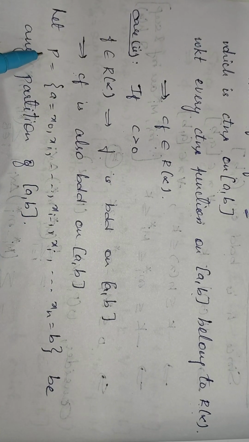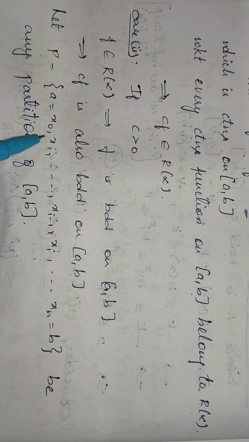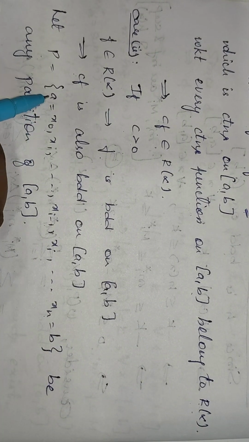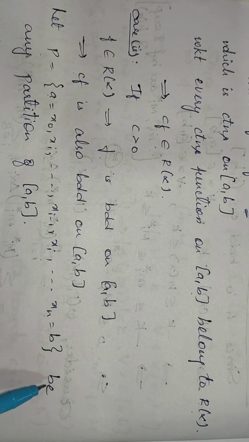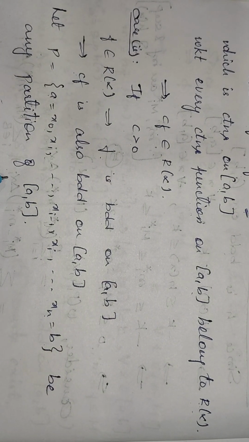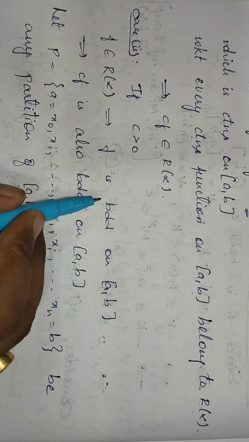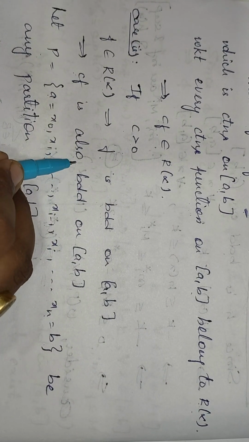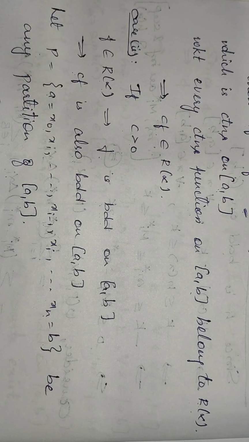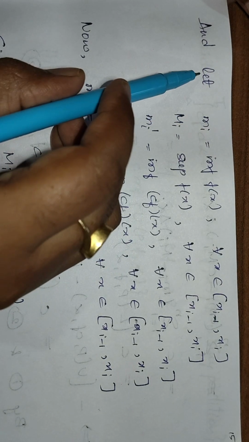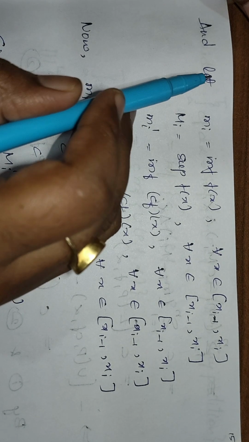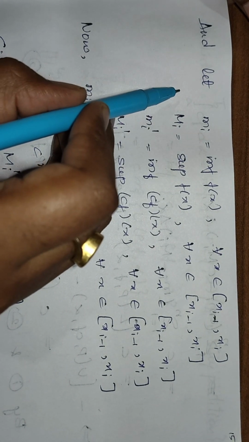Now let's consider partition P, which is equal to x0, x1, etc. up to xn, where x0 equal to a and xn equal to b, be any partition of closed interval AB. Okay, see here, since f is bounded, Cf is also bounded, then there exists infimum and supremum. So since there exists infimum and supremum for both f of x and Cf of x, as both are bounded,